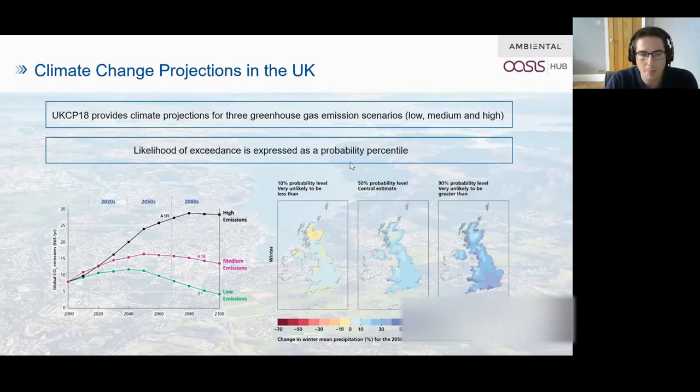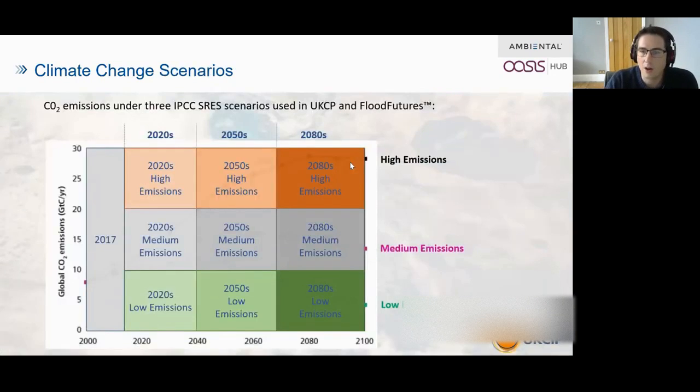And Rob, next. So this is just a zoom in of the previous graph, but this is a matrix of essentially the 9 future scenarios. So when we talk about climate models, we need to talk about points of time in the future, but this is even in itself difficult because you're not really talking about a single point of time in the future. You're talking about a multi-decadal epoch, a chunk of time between now and the future.